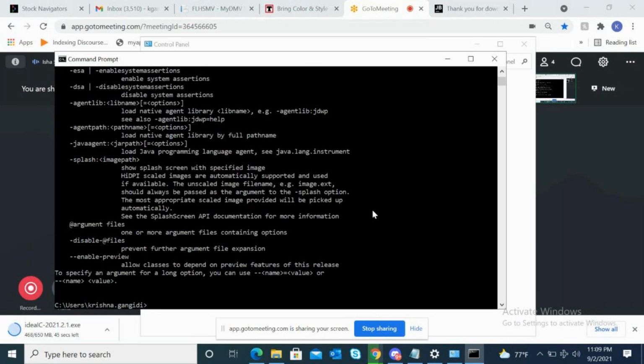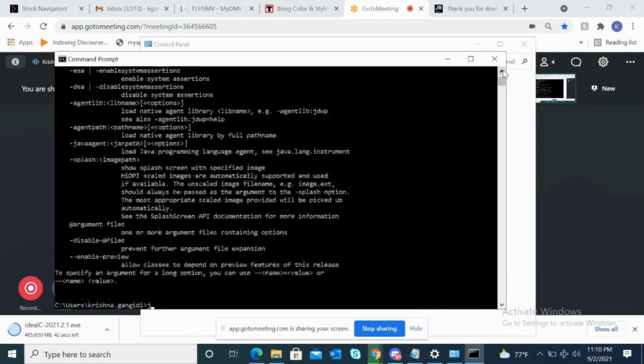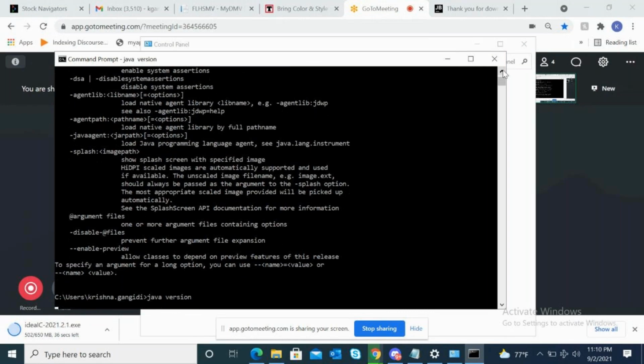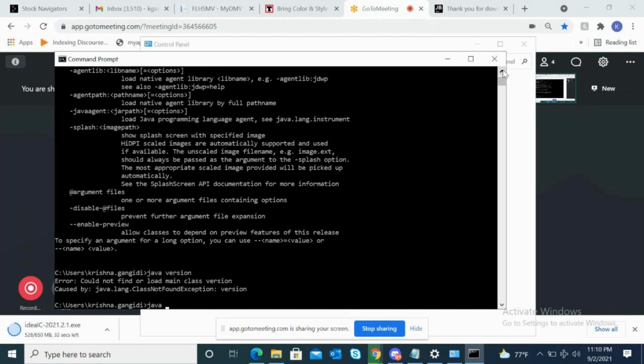Just give java space hyphen version. Java space hyphen version, right? I think you're missing a hyphen. Space hyphen version, after java. Oh, okay.